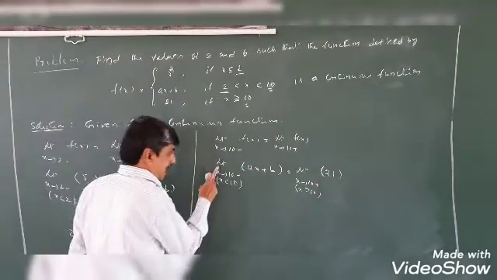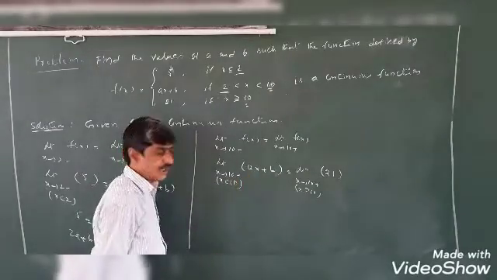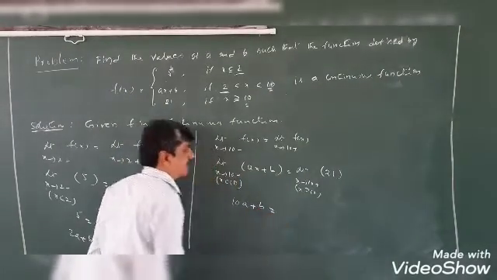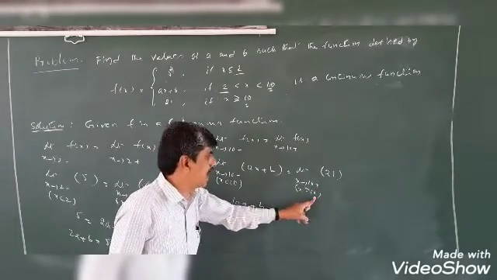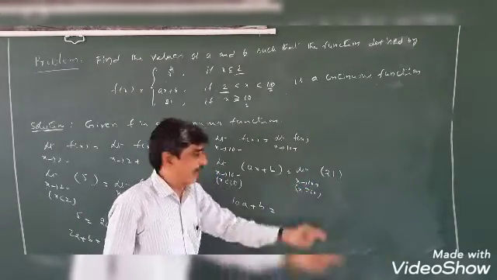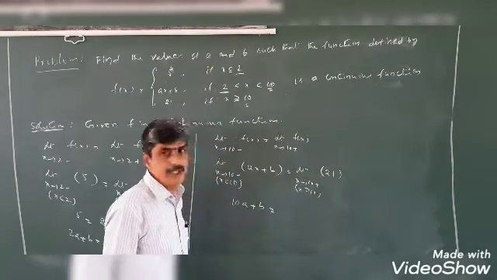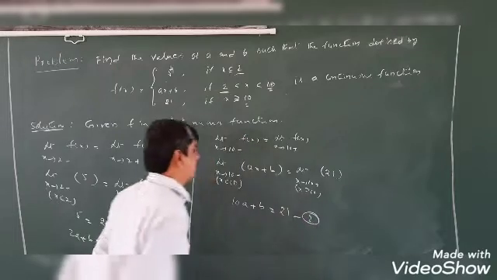Then to evaluate limit x tends to 10 minus of ax plus b, write in the place of x is equal to 10. So this limit value is 10a plus b, which is equal to limit x tends to 10 plus, meaning x greater than 10. So then 21. There is no x. If x is there, we would write in place of x is equal to 10. There is no x, so this is 21. So this is equation number